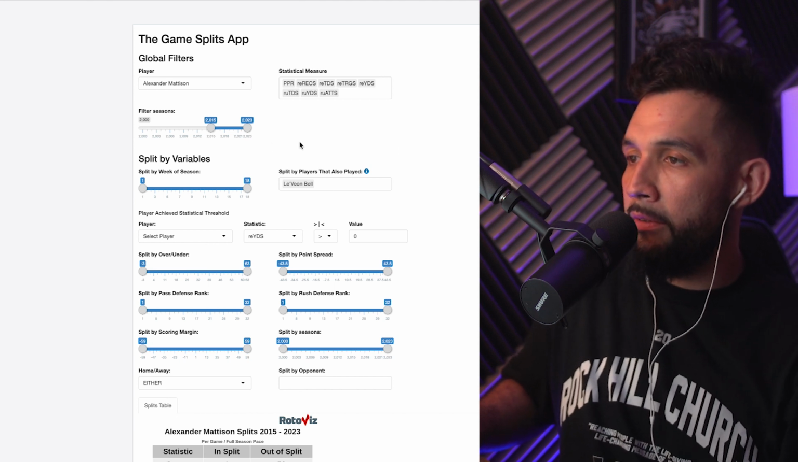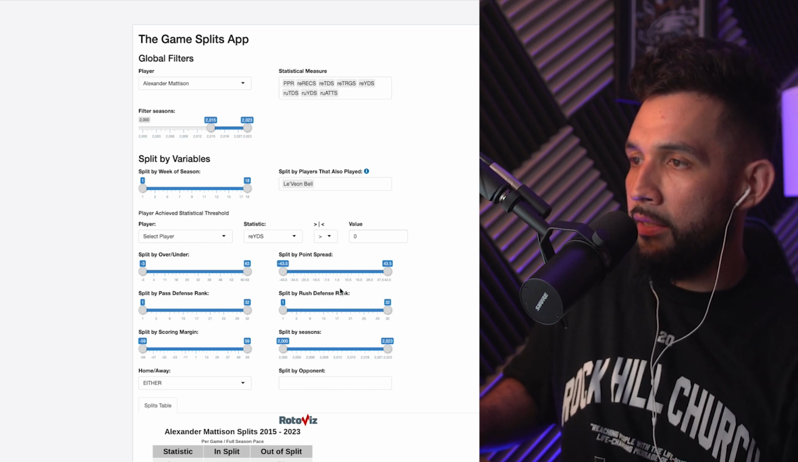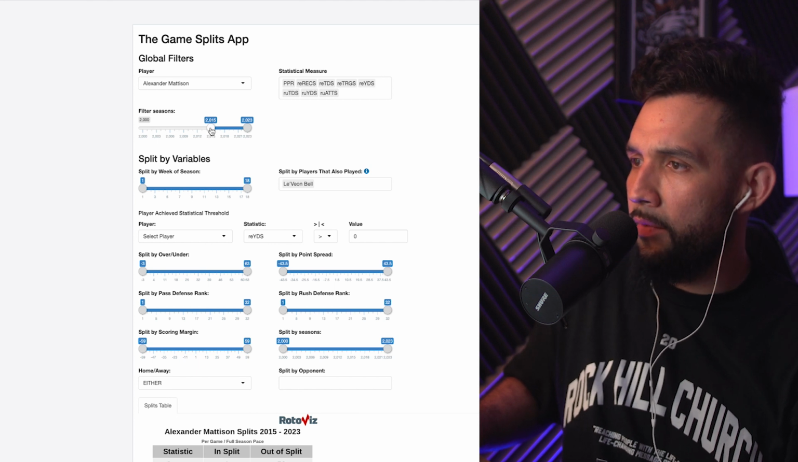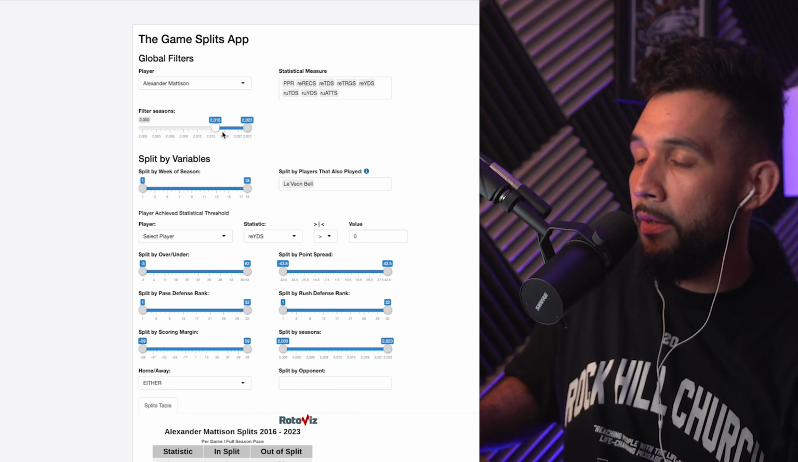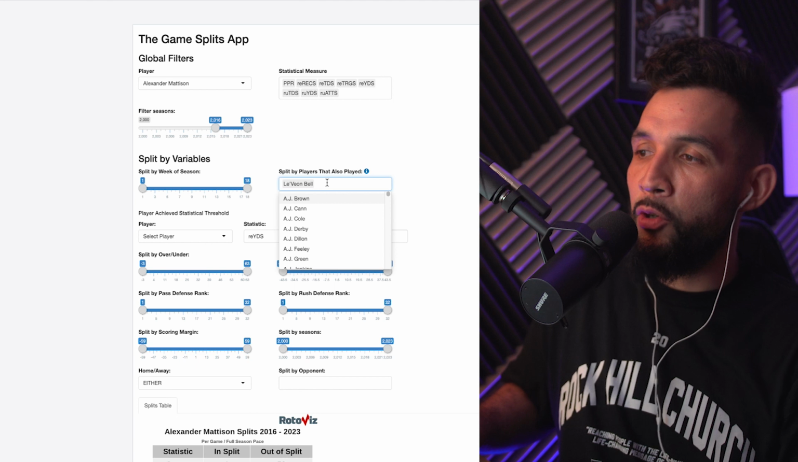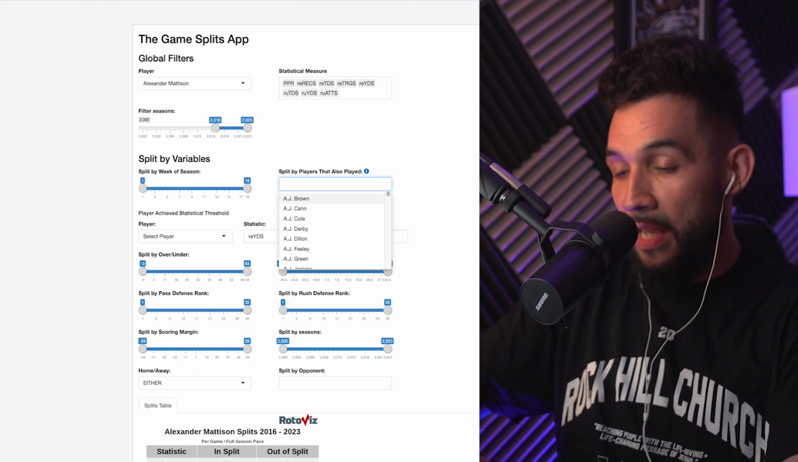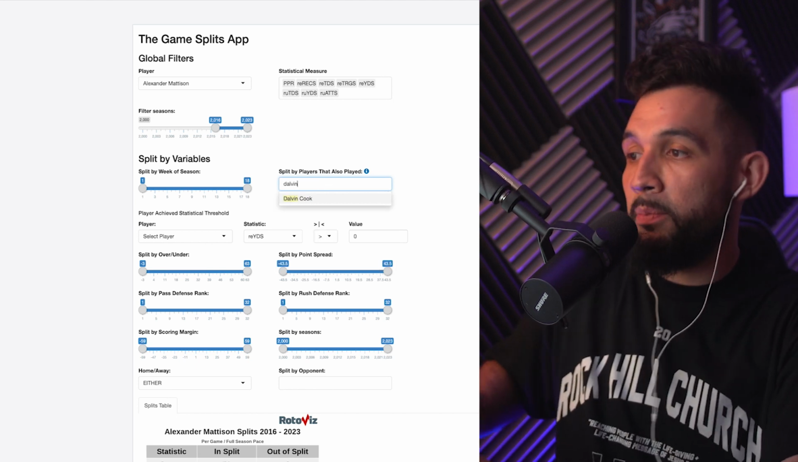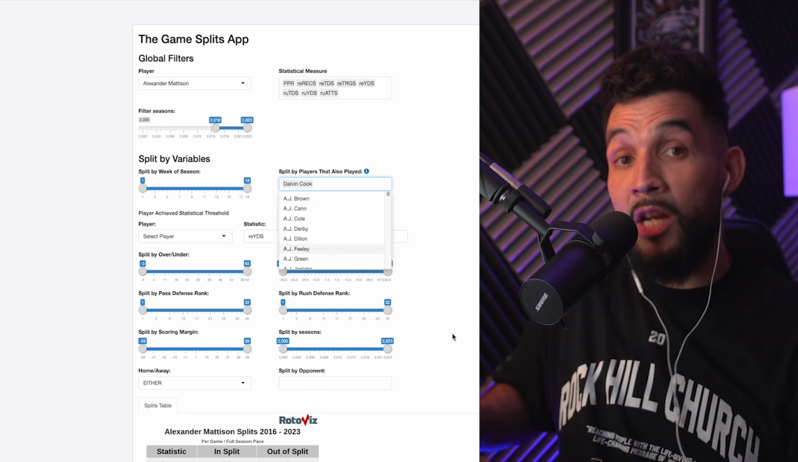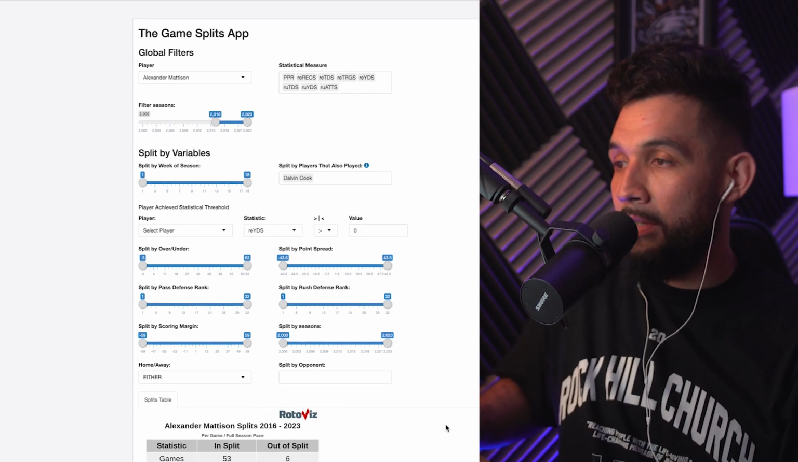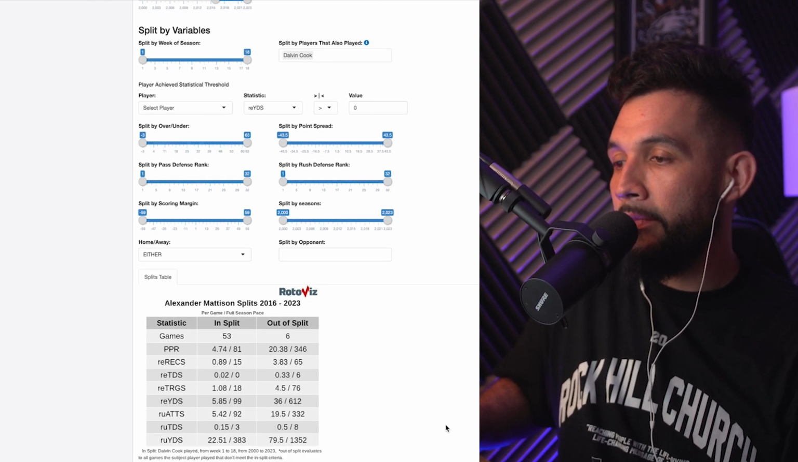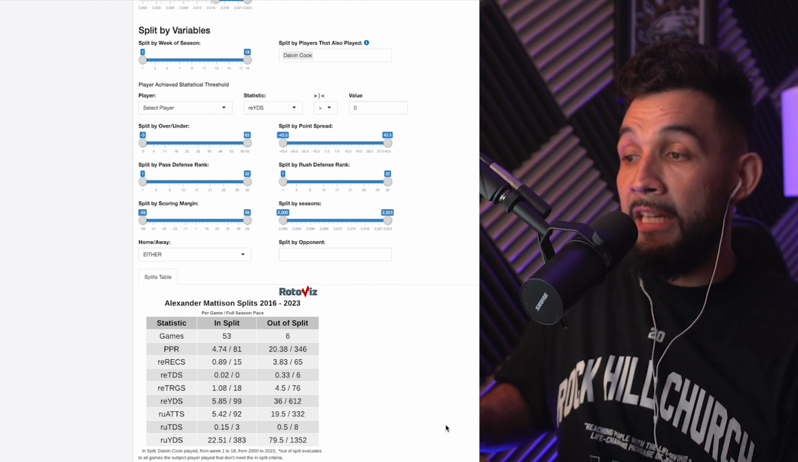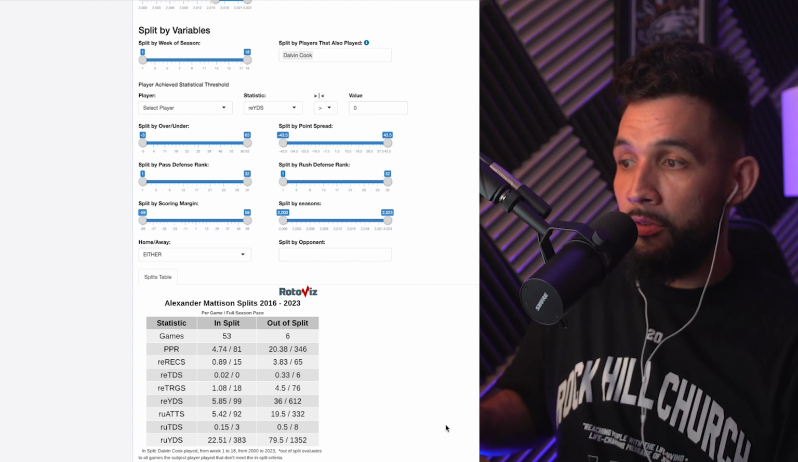And from there, we're going to put from 2000, and when did he come to the league? 2016, 2017. And then what you'll do is here, where it says split by variables, you can actually put here Dalvin Cook. So we can get the splits of how well he does with and without Dalvin Cook in the lineup. So now when we scroll down, we can see here,